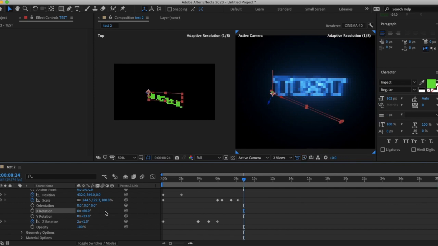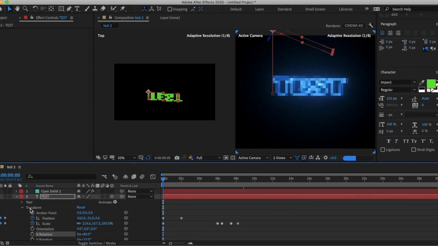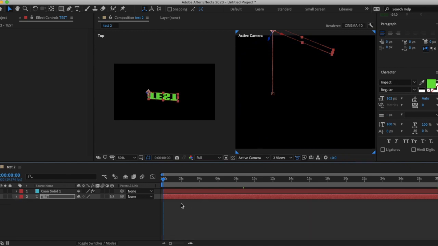Move it back down a bit. I guess it doesn't work with Video Copilot, the 3D effect, or I've just done it completely wrong, and Video Copilot's going to be really annoyed with me. But okay,